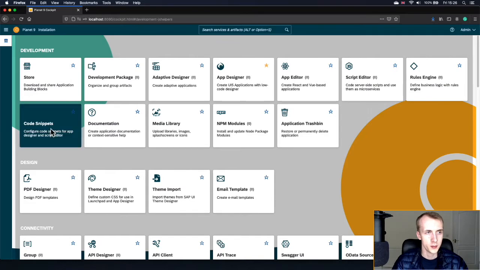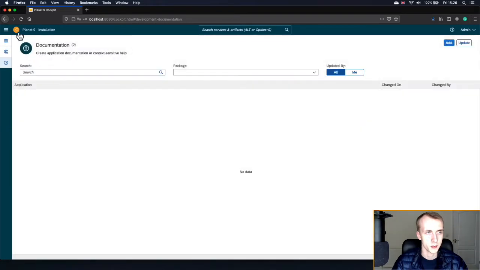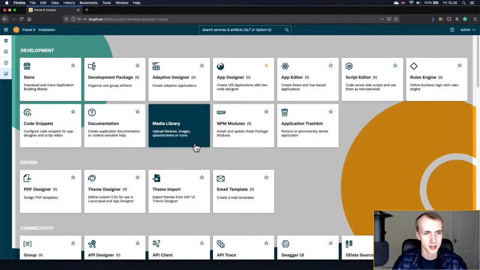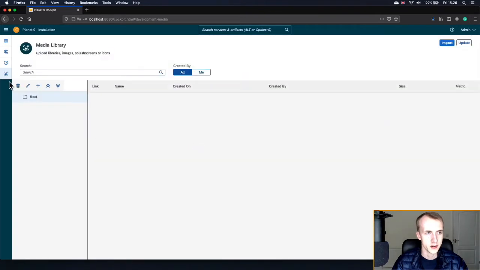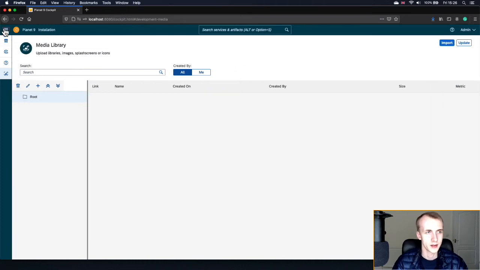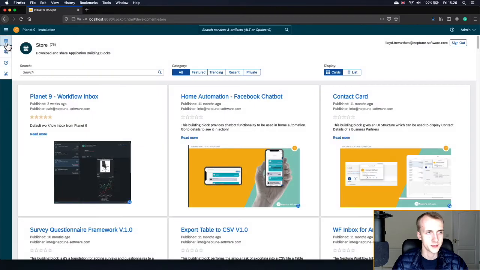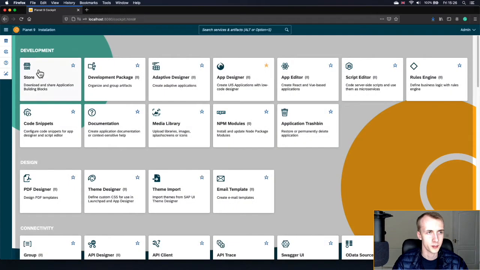So if we open a few more apps here, we'll open the code snippet app, the documentation app, as well as the media library, for example. You can see we'll have 4 applications now in the side panel. If we click the burger menu icon at the top here, it will expand that and we can see the names of these applications rather than just the icons. We can click between these to quickly navigate between apps, and then we can go back home by clicking the